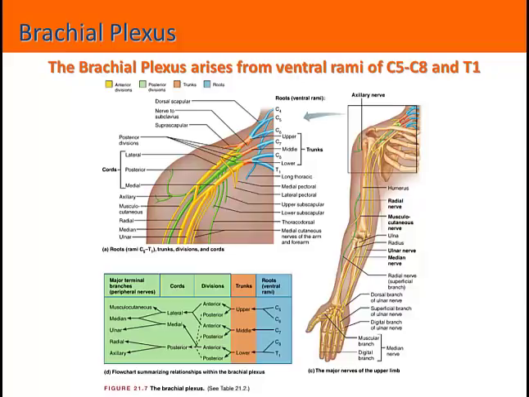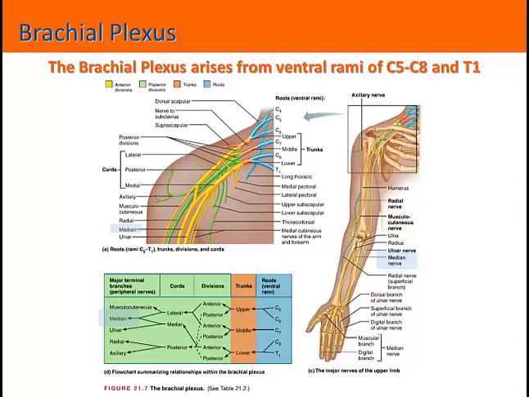One of the nerves that arises from the brachial plexus is the median nerve. You might remember this nerve from a couple weeks back during the EMG experiment where we evoked a contraction from the adductor pollicis muscle using some external stimulation. The median nerve arises from both the medial and the lateral cords, and so C8, T1, as well as C5 through C7. It has both motor and sensory information carried, and so it is a mixed nerve.